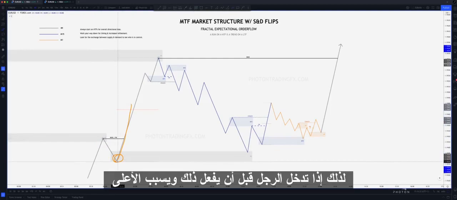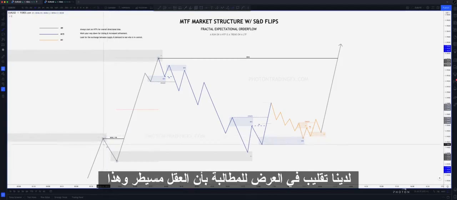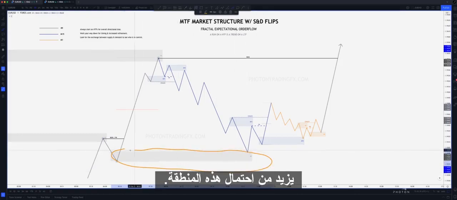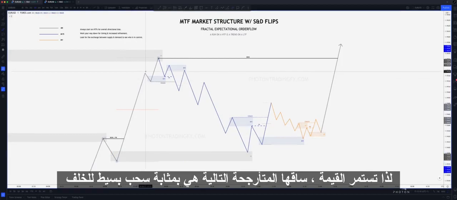So if demand steps in before it can do that and causes a higher high, then we have both a break of structure and we have a failed reaction. We have supply flipping to demand is in control, and that increases the probability of this zone. So this zone is a flip and a CHoCH, right? So price continues its next swing leg, it has a bit of a minor pullback and it goes up higher,